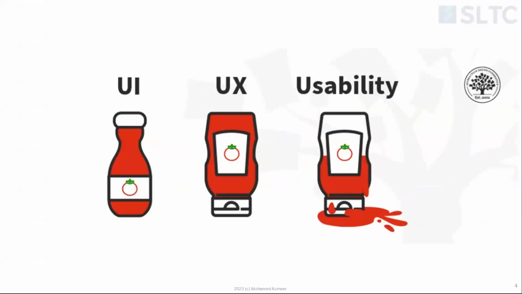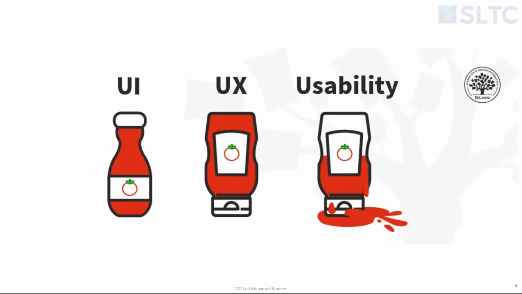This is a sauce bottle design, right? The UI, UX, and usability. UI stands for user interface, UX stands for user experience, and usability is about how you are actually using the product. Now, if you have used sauce bottles, generally we keep the bottle this way, right? Upright. The cap is on top, the sauce is in the bottle. But if you have used the bottle, you know how difficult it is to get the sauce out. Now, in order to get the sauce out, you have to turn it the other way around and start pressing or pushing the bottle on top to get the sauce out, right?